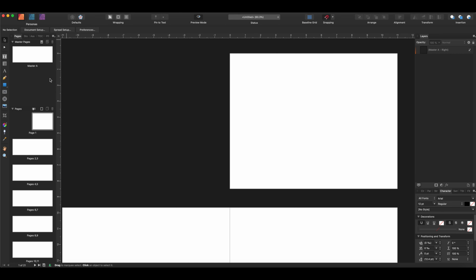If you come to the side of your main window, in the bottom you can see pages, and in the top you can see master pages. So the master page itself is not a page in your book. It's not going to be printed and it's not going to be saved or exported into the PDF, but it's just something that you can use when you create your actual pages in the book. You can have more than one master page in any project,